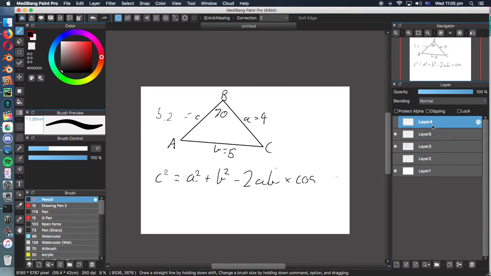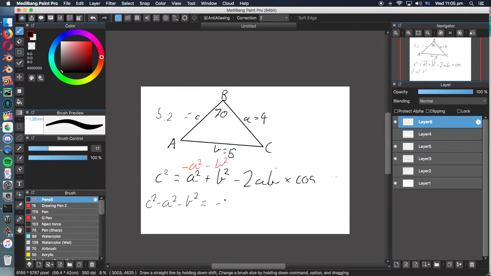So now we need to rearrange, and we all know from rearranging, just do the opposite operation. This is a plus, and the opposite of plus is minus. So I'm going to do every operation in red. We minus a squared, minus b squared, and then we do that on the opposite side. So now the equation is c squared minus a squared minus b squared